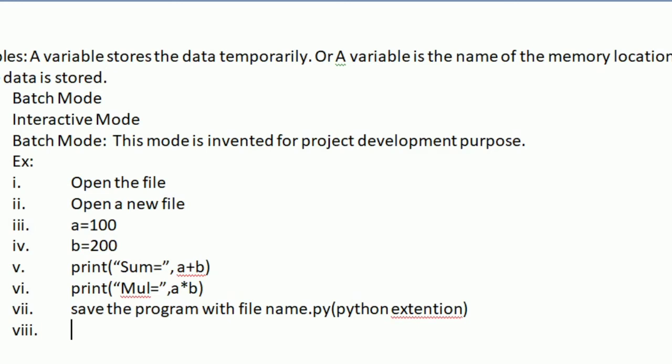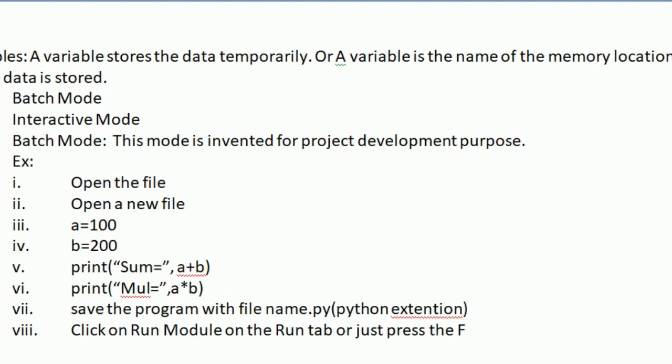Then we click on run module on the run tab, or just press the F5 function key.